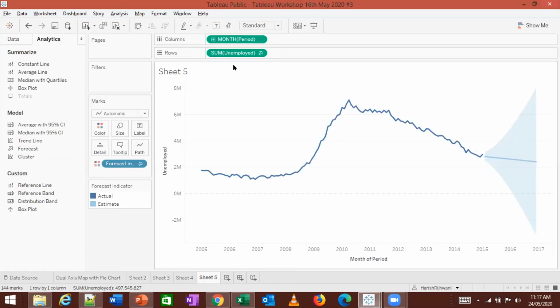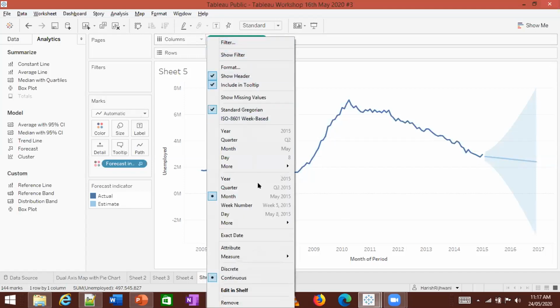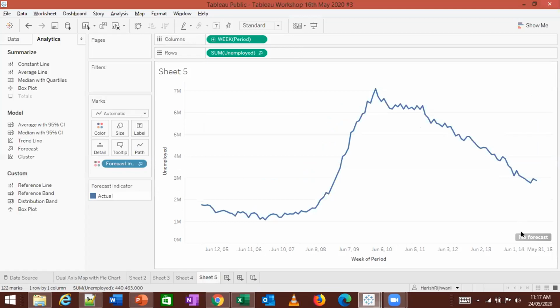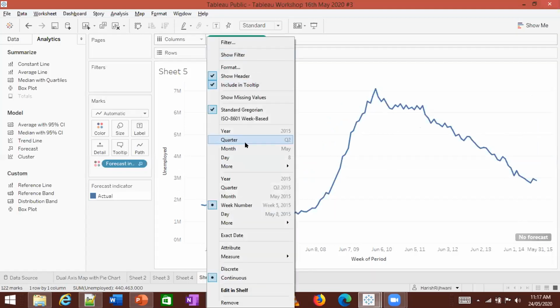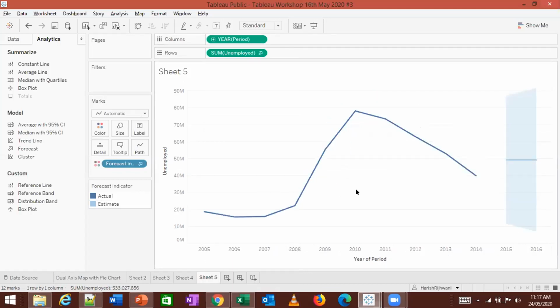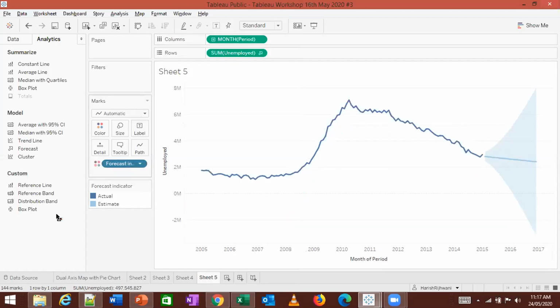By day it was not giving me a forecast because there was a lot of missing information. Even in this, I am getting an error. There are too many missing values. If I look at it by year, I can get that also. But month is probably the best option. So what I did was, I can just remove this from here. So it makes it continuous.